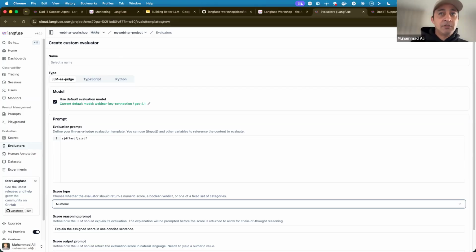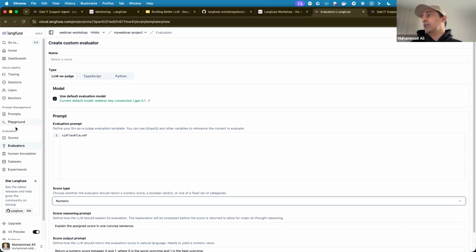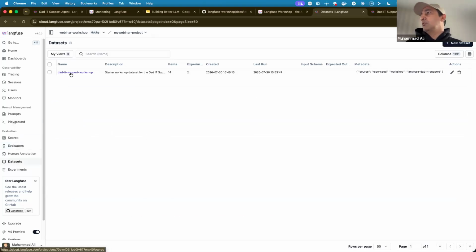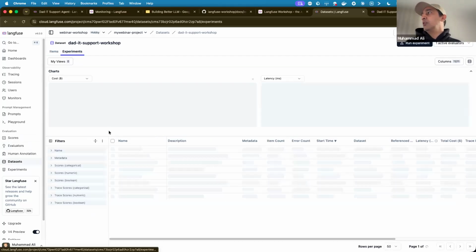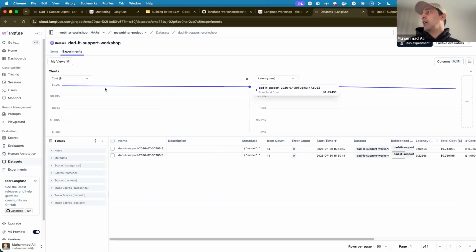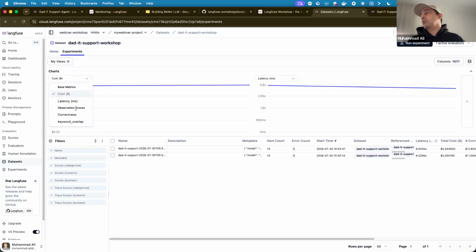Any other question? If we have missed the question, please repeat your question here so I can see it and answer. While I do that, I'll show you, because I ran two evals, you can see the line. That's what we want: we want to see the dataset over the period of experiments not drop its metrics. Which metrics?